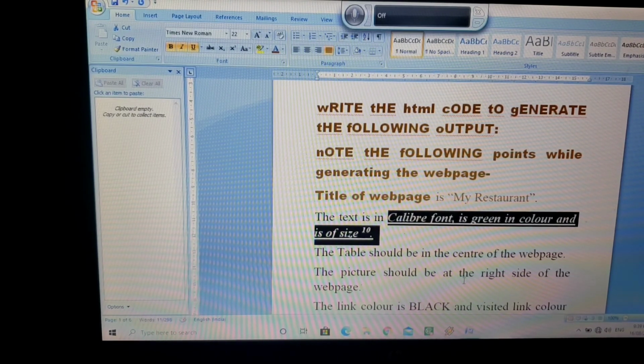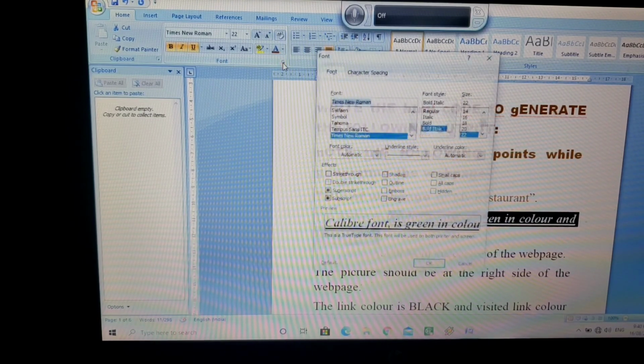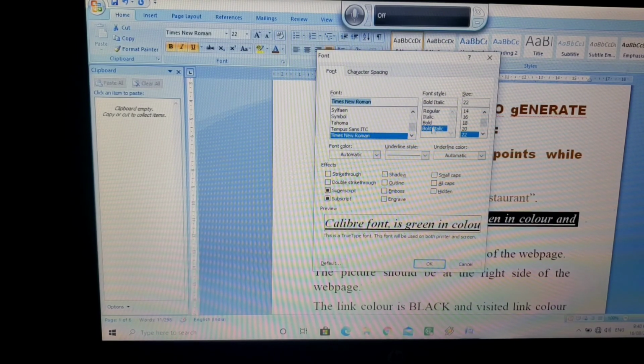So from here also you can do, with the help of the mouse also you can do, or if you want to select it from the dialog box. Dialog box means this is your font dialog box. All the options which we did now, we have all these options here. We can choose different kinds of color, even the color of the underline we can choose from here. Superscript, subscript, all types of options are available here. So the same type of formatting we can apply in 3 ways.